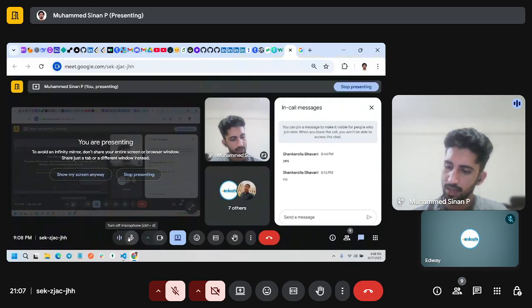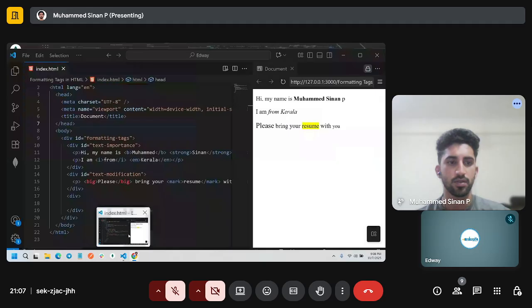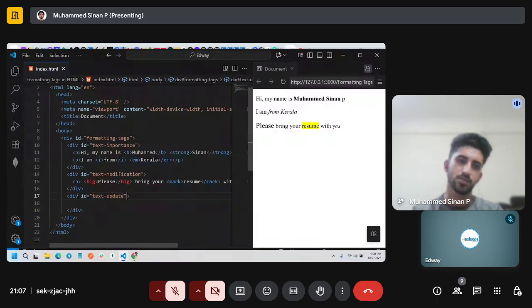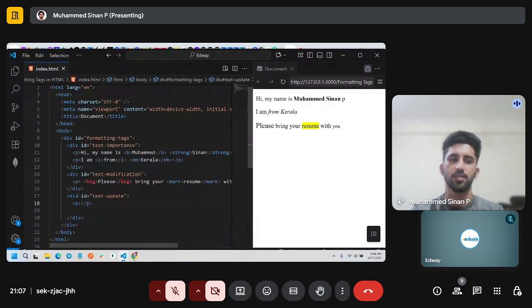Okay. Next thing we are going to move to is text change or text update. So the next formatting tags or usage is based on text change, or let's say text update. All right. Let's imagine I'm not writing this in the code editor.